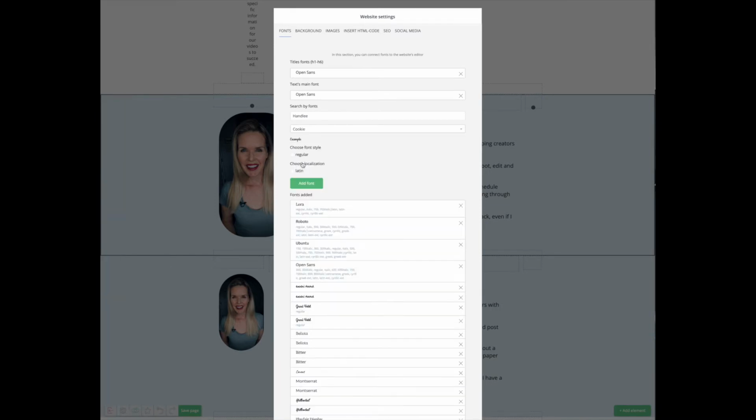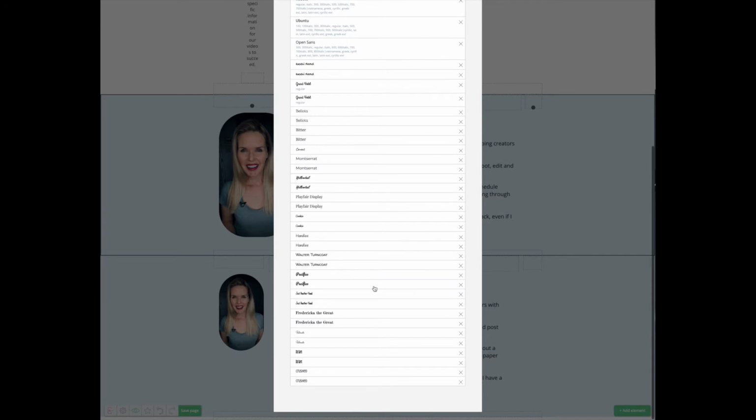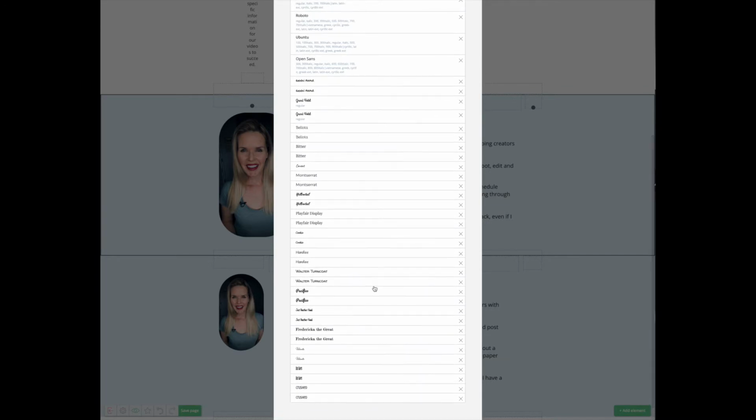Painful. But they have it. They give you an example only after you click on it, not really beside it. Those are mine, don't get distracted by those. So then I can add the font to my list. I've already added it. Maybe that means I'm going to add it twice.